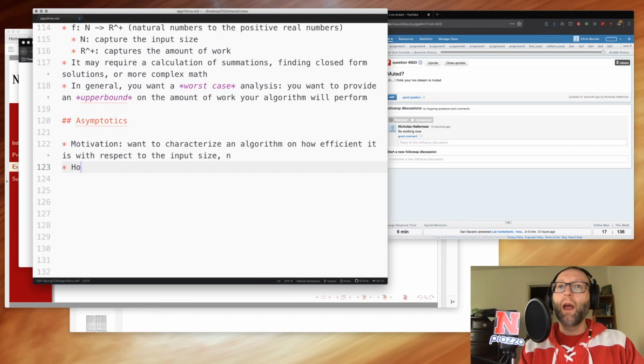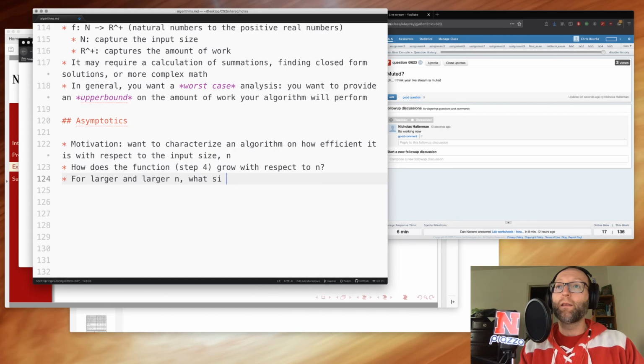In other words, how does the function in step 4 grow with respect to n? For larger and larger n, what is the growth rate? So we're only really interested in n as n tends towards infinity, because for small input sizes,